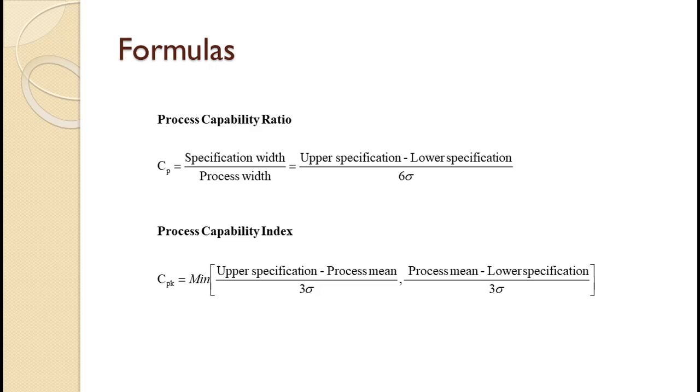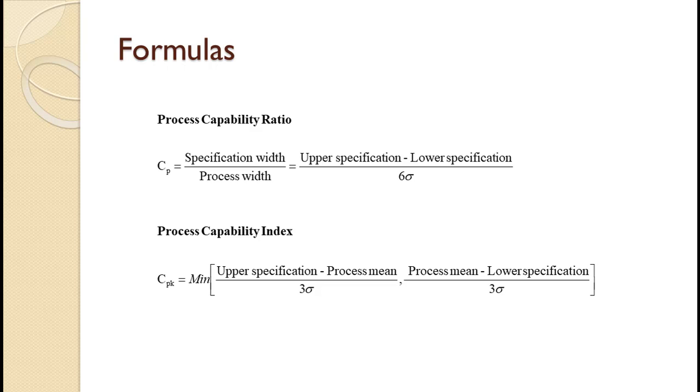The process capability ratio is just the ratio of the specification width from the customer divided by the process width from the manufacturer. This equates to the upper specification minus the lower specification, all divided by 6 times the process standard deviation. The process capability index is the smaller of either the upper specification minus the process mean, all divided by 3 times the process standard deviation, and the process mean minus the lower specification, all divided by 3 times